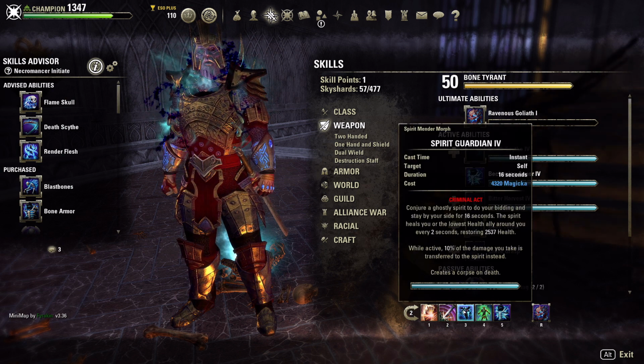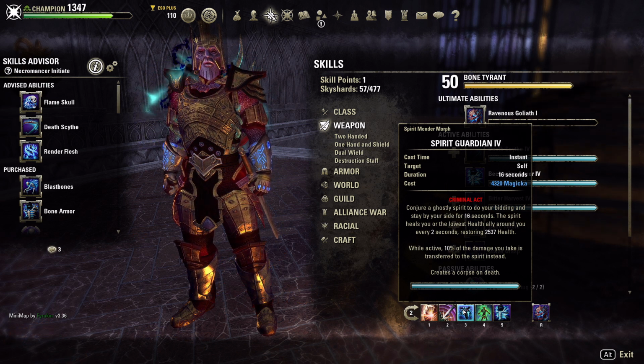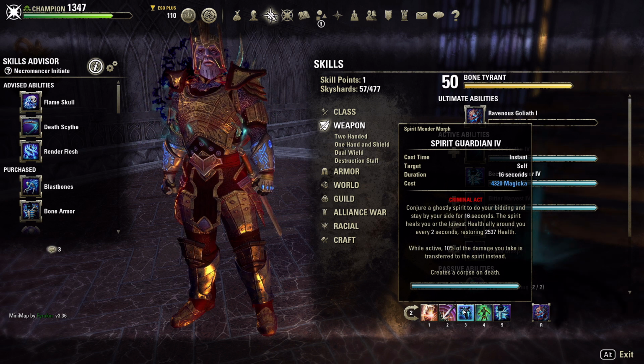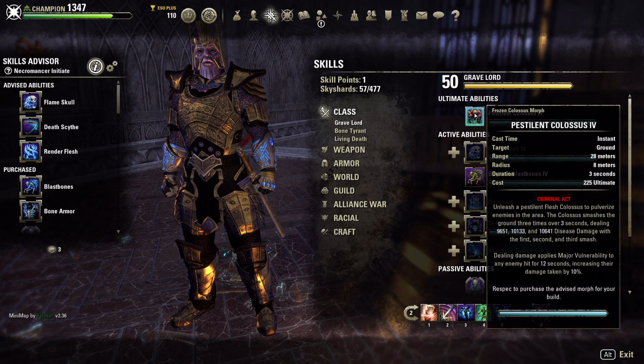$17,650 on our Vigor, and then we've got 2,500 coming in every 2 seconds from our Spirit Guardian, and gives us a flat 10% damage mitigation. So that works out really well. You can run a couple different things on this. If you wanted to run